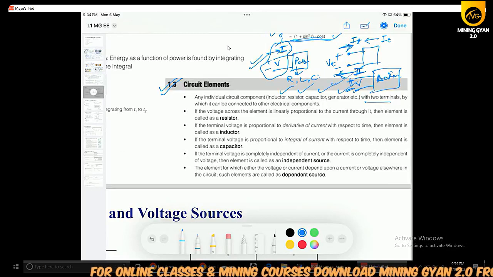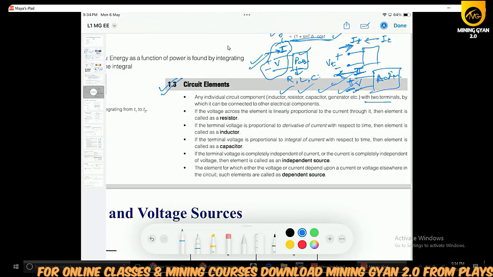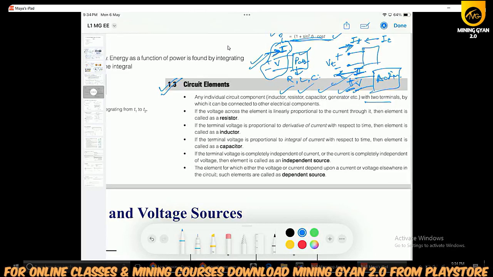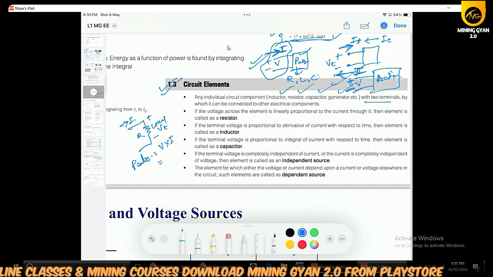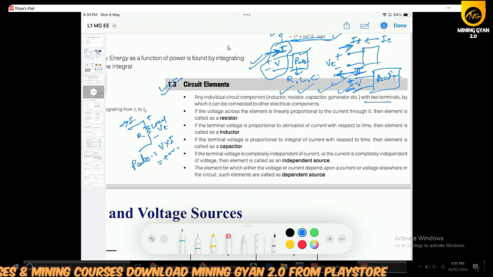But in case of passive elements, it will consume power, and that's why the current goes inside the element. Because you already know that this is the resistor, let us say this is the load. So what will be the terminal conditions? This will be Vt and this will be the current I, such that power absorbed will be positive, V into I, and that will be positive. Okay. So what is a resistor?